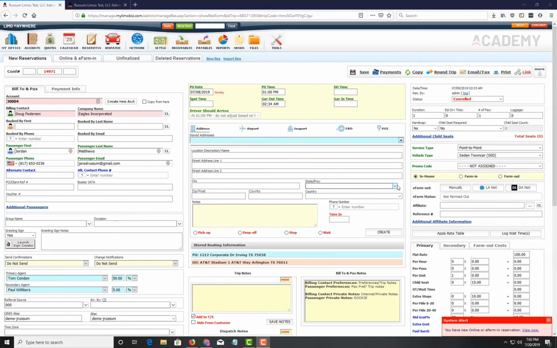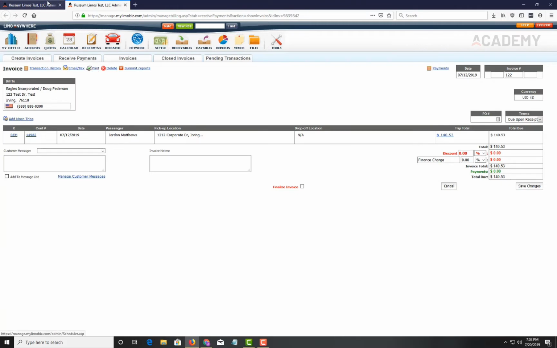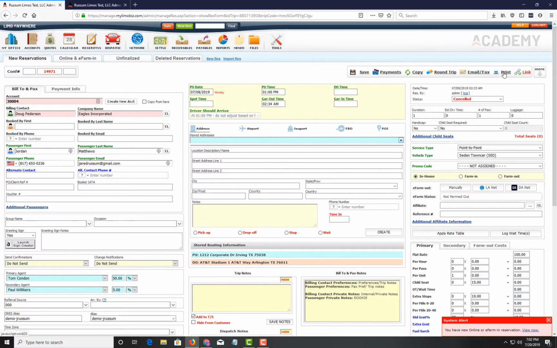If you want to know what a form looks like or what is included on a form you want to email out, using the print preview can save you a lot of time. So if you're on a reservation or an invoice, you see the print icon or link here. If you click on that,